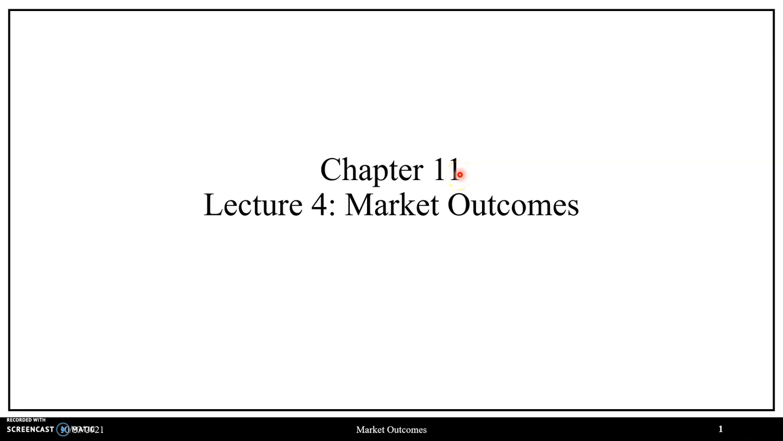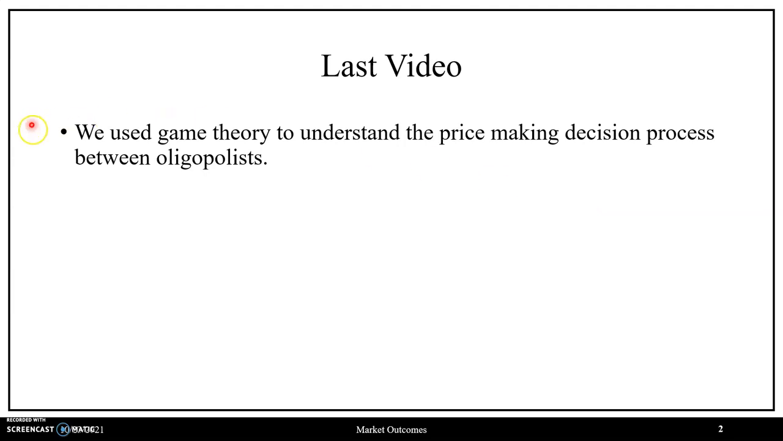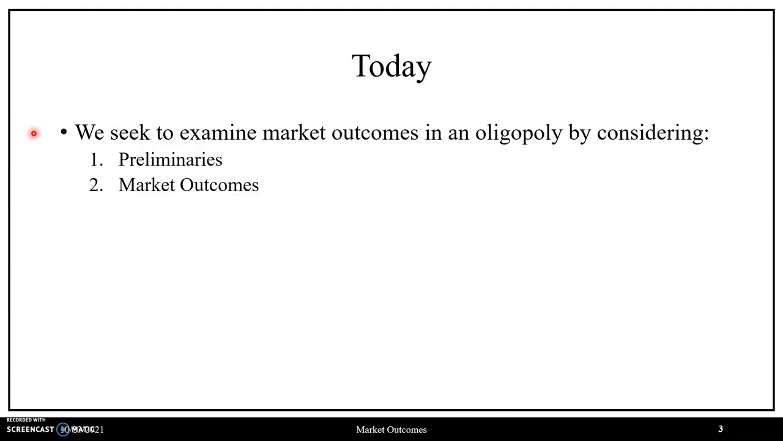In this video, we continue our discussion on Chapter 11, in which we go over market outcomes, where in our last video we used game theory to understand the price-making decision process between oligopolists. In today's video, we seek to examine market outcomes in an oligopoly by considering some preliminaries in order to go